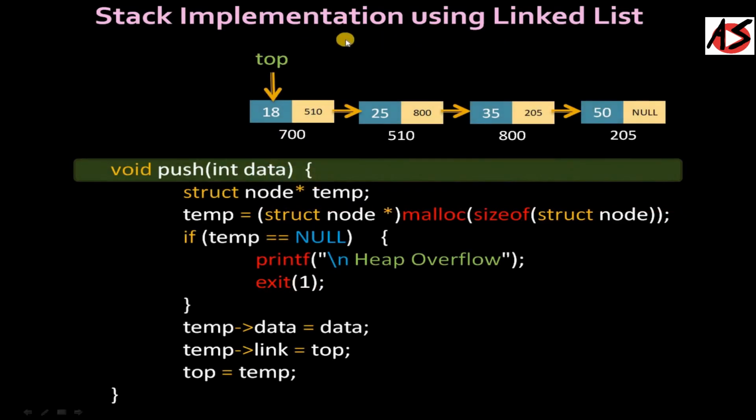So we will see the code of push, pop and peek operations for the stack. Here you can see this is the linked list and it is pointed to by the top, and this is the push function in which you are passing any data. When you push the node, it is better to push it at the front side because your top pointer is at the front side, so it takes constant time.